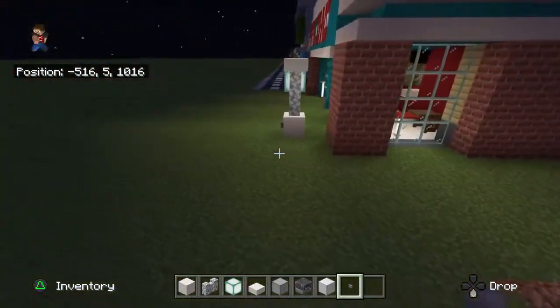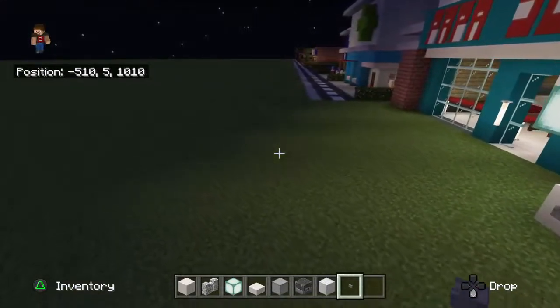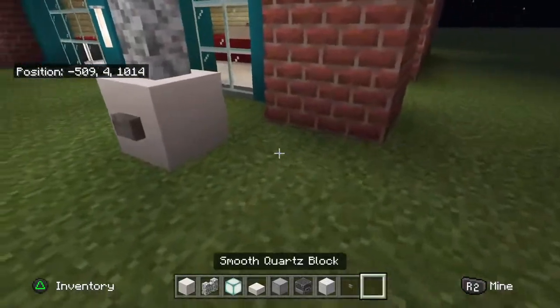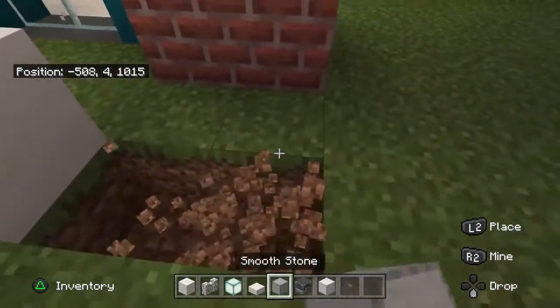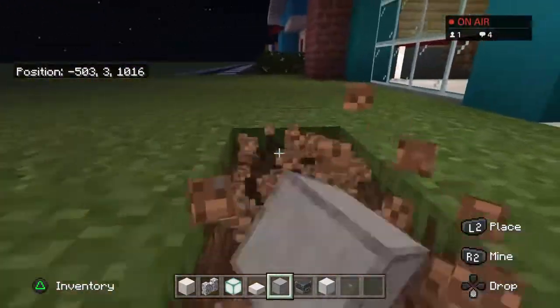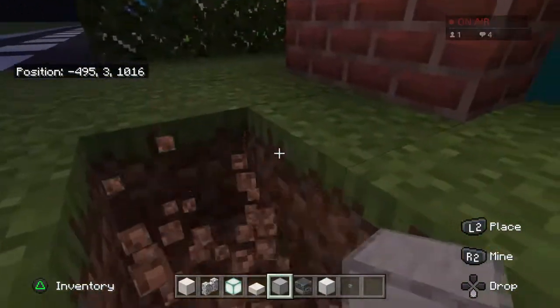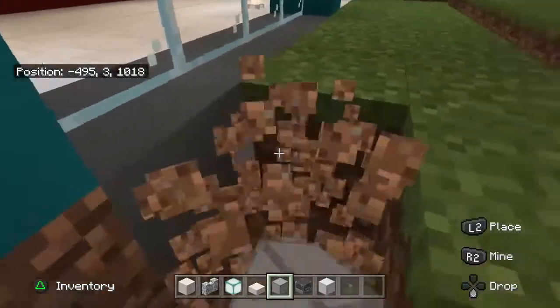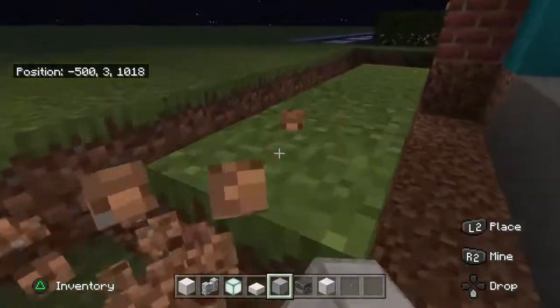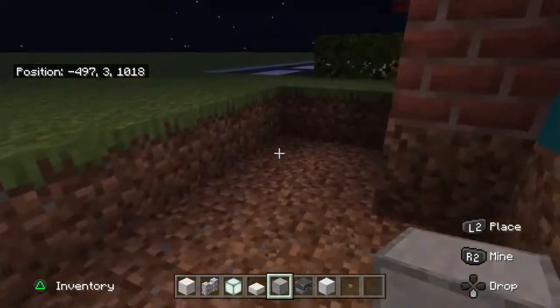So the next thing that we're going to do is just dig in front of Papa John's. This is something that you may or may not require, depending upon how you're placing this and where and how you're integrating it into your city. But my personal Papa John's has to have some smooth stone in front of it. As you can see, it's connecting to a series of footpaths and pavements, and it